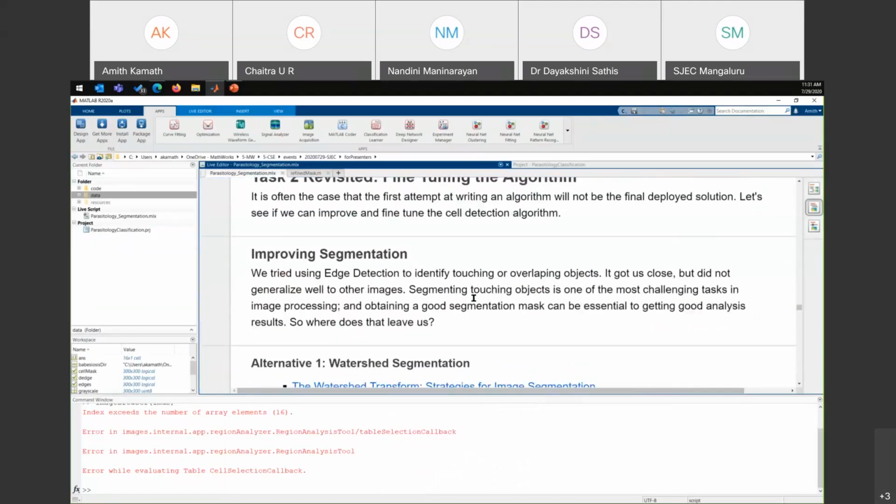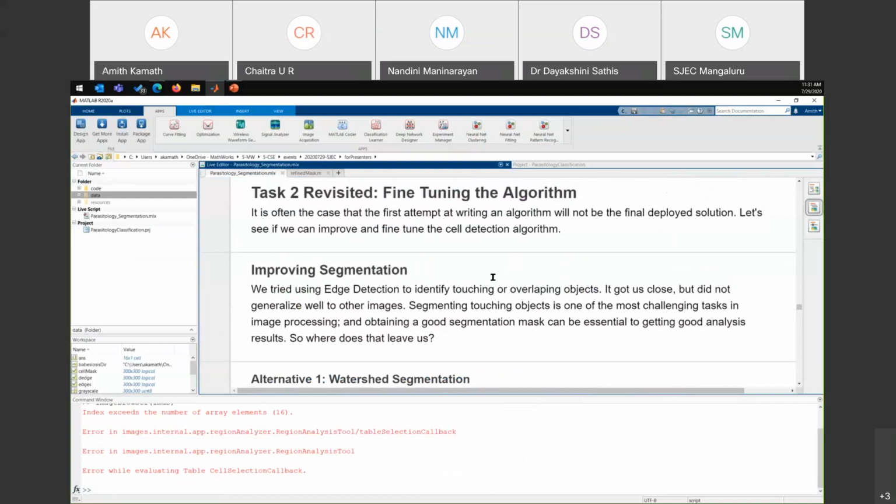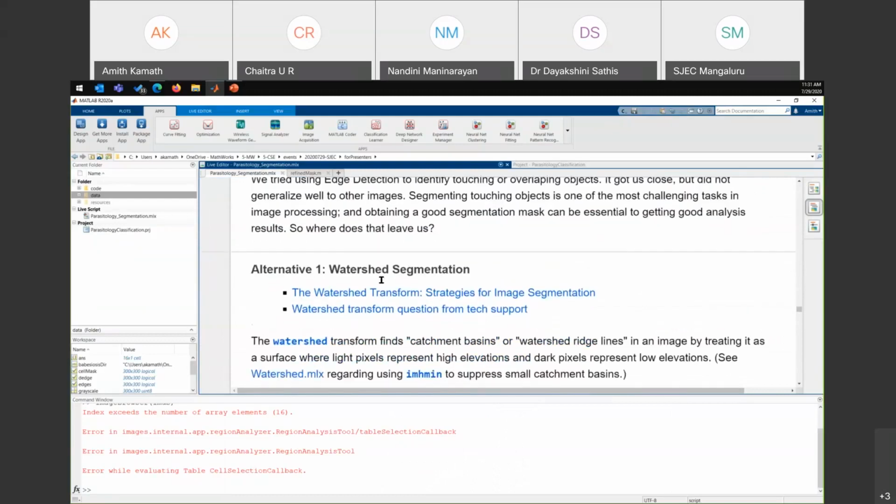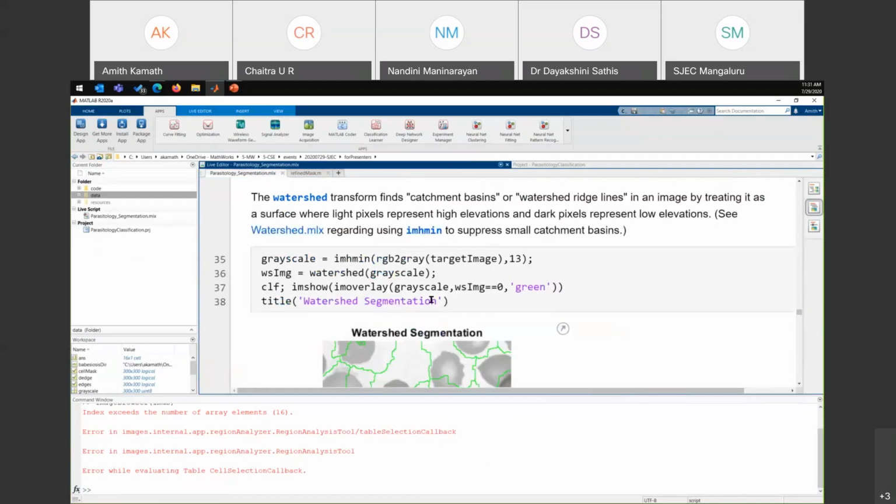Okay. So now we want to fine tune this algorithm, and particularly we want to improve the segmentation so that we see the boundaries better. Okay. In the interest of time, I won't go into a lot of detail here. I'll share this with you and you can explore this further. There is this other algorithm called watershed. Okay. Which is a better